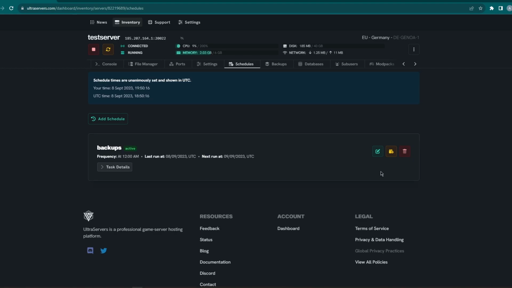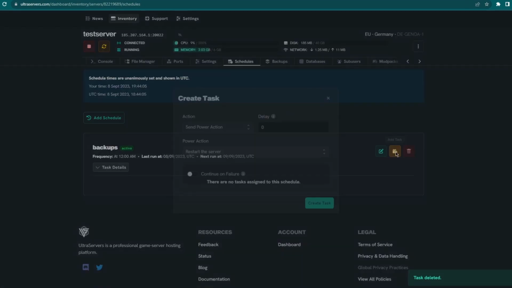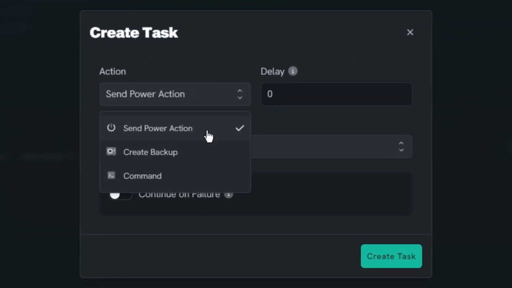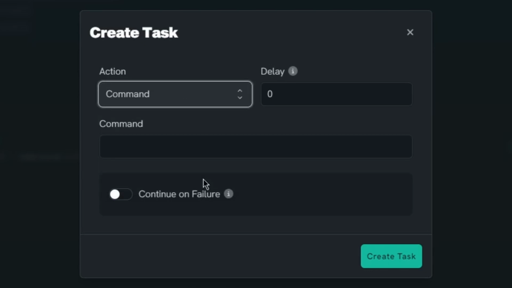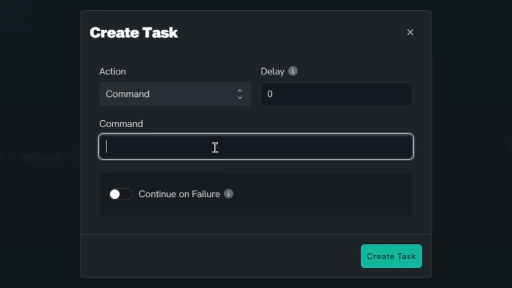If you want to add a task to the schedule, you can click this yellow button here, which is the add task button. This view allows you to add tasks to your schedules, so you can send power actions, create an extra backup, or send commands. So here I will add the command say sending backup, which will now send a chat message every time a backup is taken.